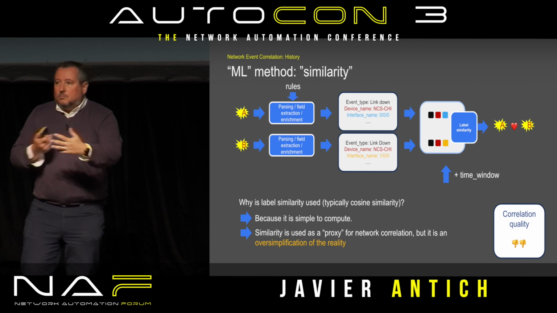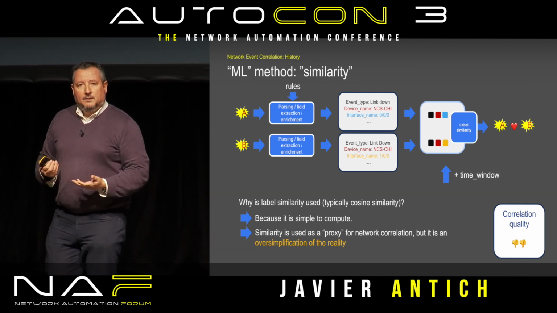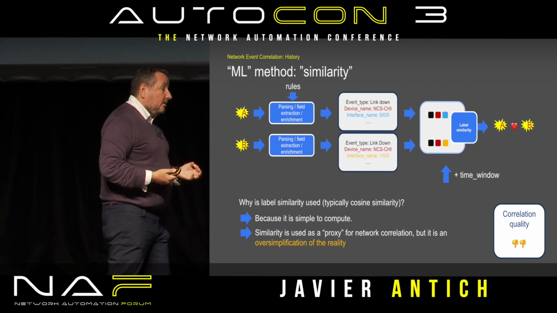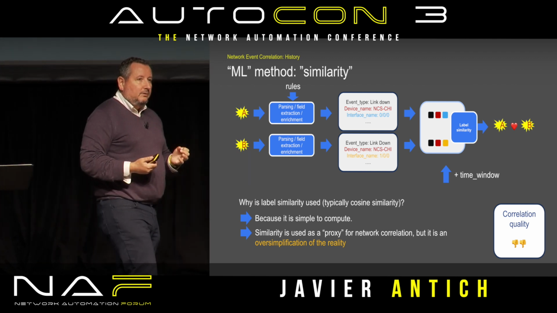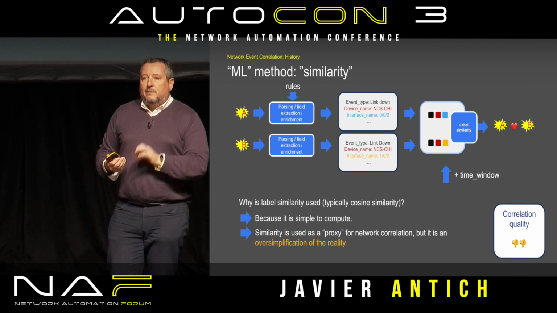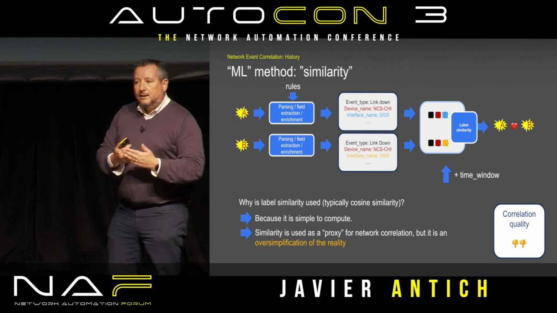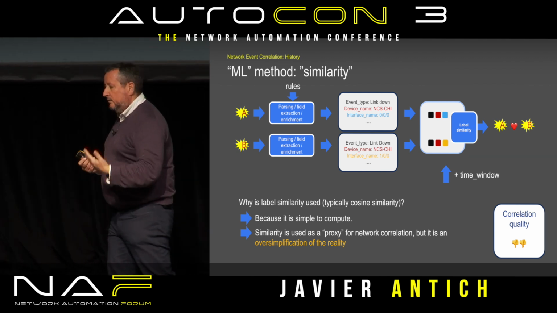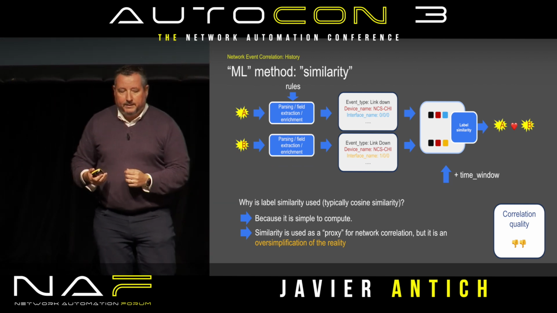Why do we use, or some use similarity? Because it's very easy to implement. It's very cheap to implement. And then you can get something that looks like a correlation, but actually the degree, or efficacy or the quality of that correlation, it's, in my opinion, questionable, right? Because again, many events happen on a network that are connected, but there's no similarity whatsoever at the event level, right? So we need to be very careful when we use similarity of events as a proxy to determine event correlation, because that might not be the case.